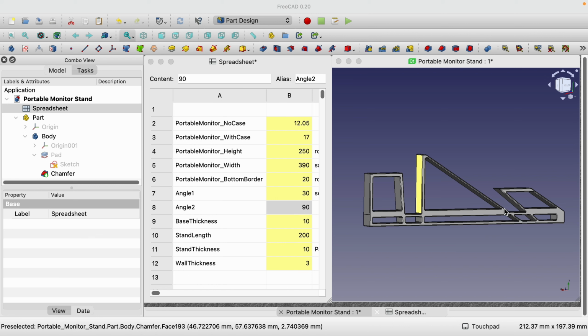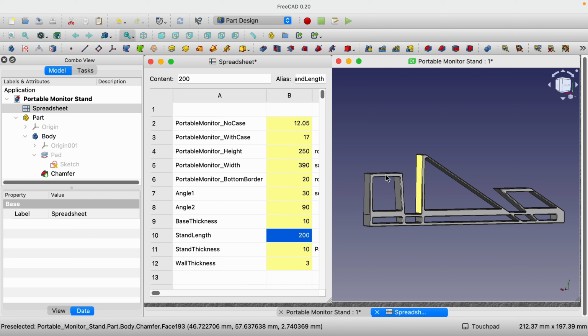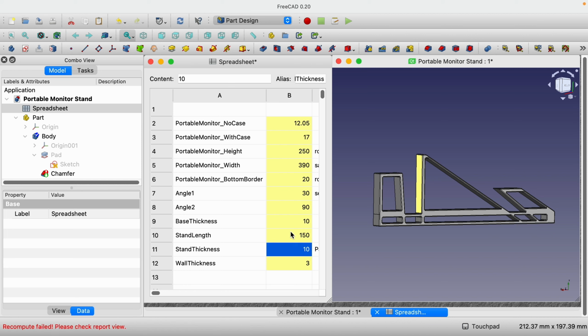So same with this one. Because it's 30 degrees, this one is actually 35 degrees in the front. The monitor will rest at 30 degrees still. We also could change the base thickness to a point before it will not recompute anymore. And we will see that if we would go back to 150, we would have the recompute failed again,